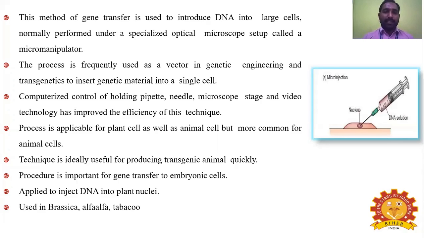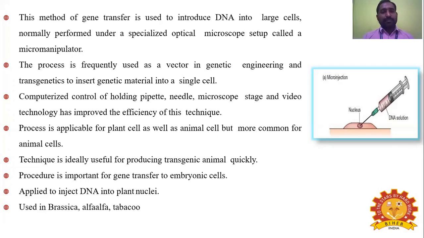In earlier cases you might have heard of fertilization methods like artificial insemination and in vitro fertilization, IVF. Those techniques need the microinjection method for transfer of the sperm to the zygote,